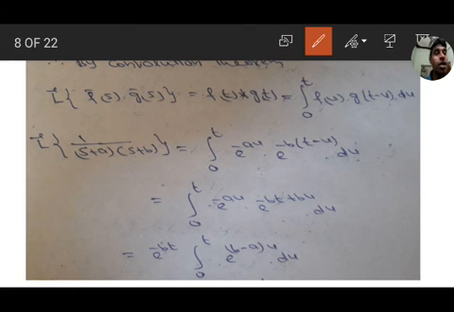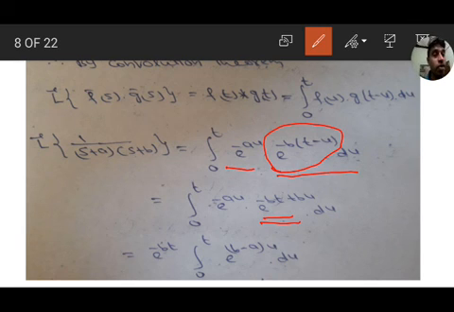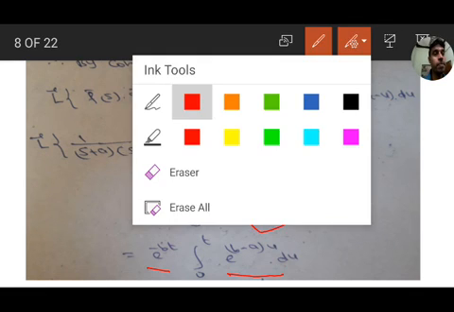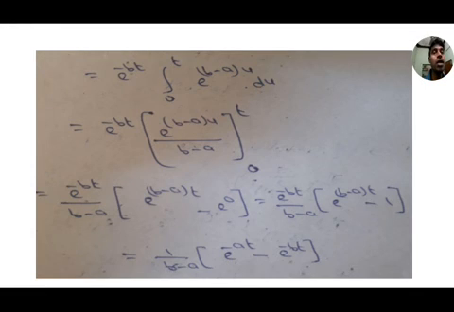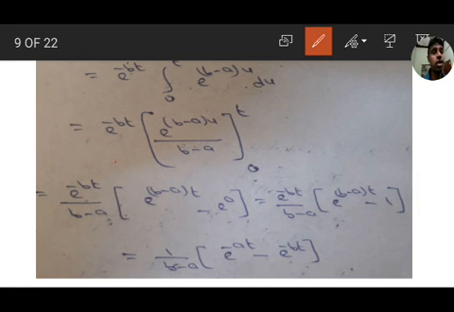So here e to the power of minus au, e to the power of minus b into (t minus u), multiplying with b in the second term, we get e to the power of minus bt plus bu. If you simplify this, e to the power of minus bt is outside, and u is common, so we get e to the power of (b minus a)u du. Its integration: e to the power of minus bt is outside, and the integration is e to the power of (b minus a)u by b minus a, from 0 to t.